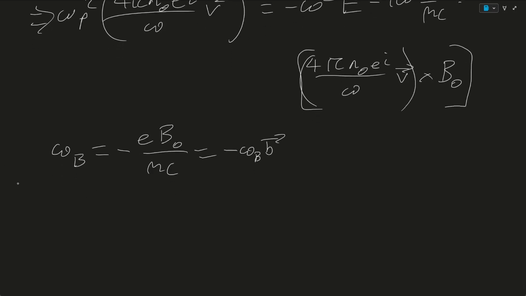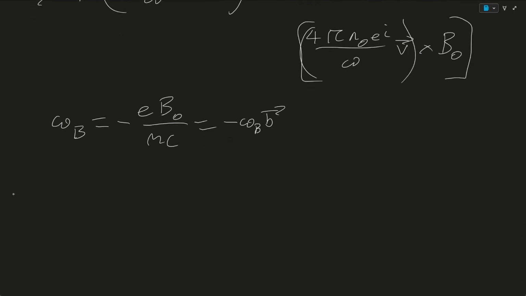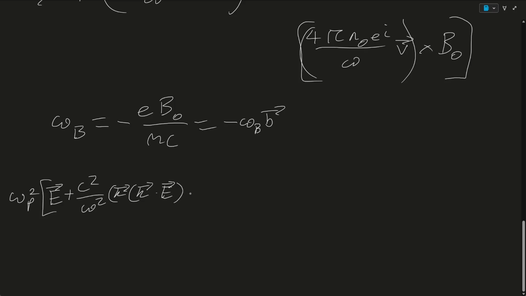And that should make things a bit less. Oh no, actually it might not. We'll see. So that leaves us with omega p squared e plus c squared over omega squared k dot e minus k squared e